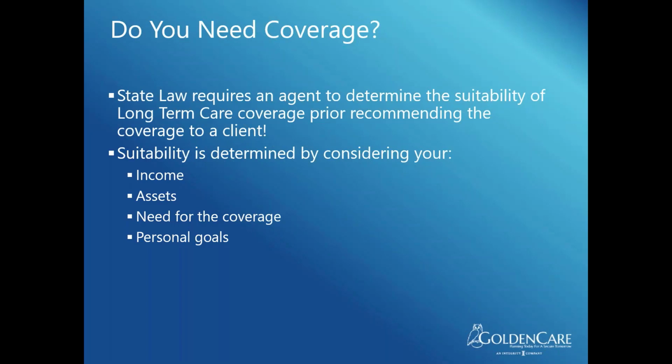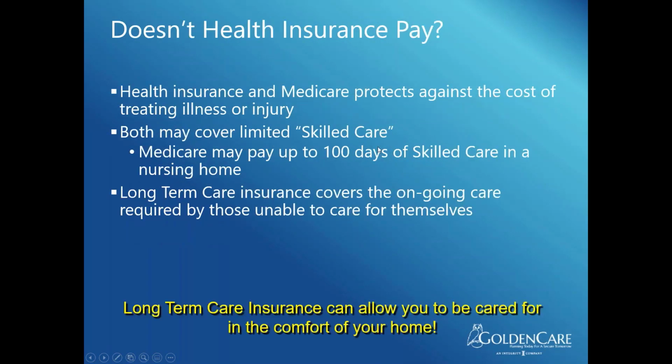And I always kind of argue that I've had people say, yeah, I know the state's going to take care of me, but have you seen the state's coverage? And it's getting worse. So even though I'm maybe not suitable in the eyes of the state or the government levels, there are people who say that I still want to throw $50, $60 a month at something decent, so I can have some home care and not burden the kids. So anyways, the law requires you go over suitability with them, so we kind of know where they're at financially. And from that, we decide their income and assets, and we set some goals from there.